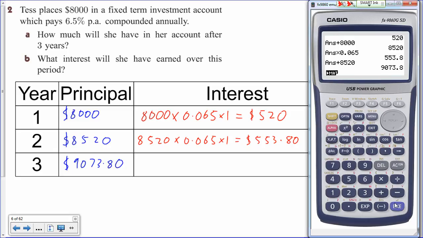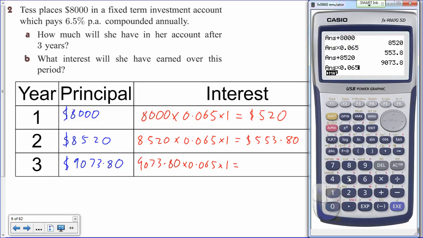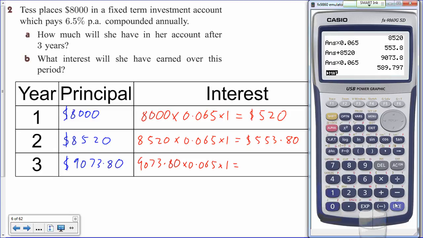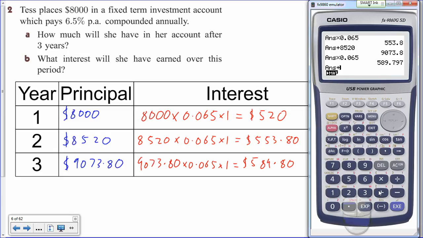So now I start with 9073.80 times 0.065 times 1. So times that by 0.065 equals, now she's earned, for that year, $589.70. Oh, actually, I'll round up that. So that's going to be decimal 80. So another 80 cents. So if we add 9073 decimal 8 equals